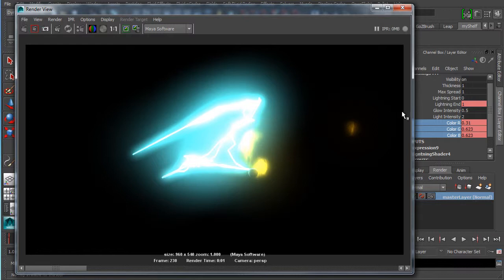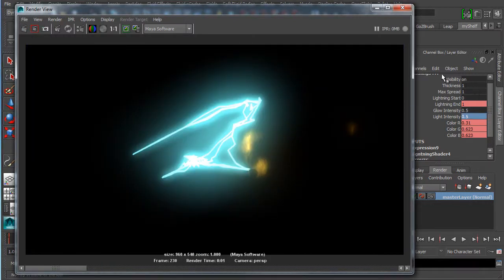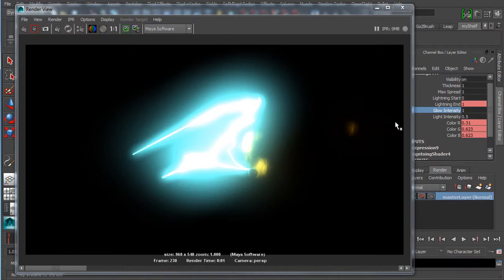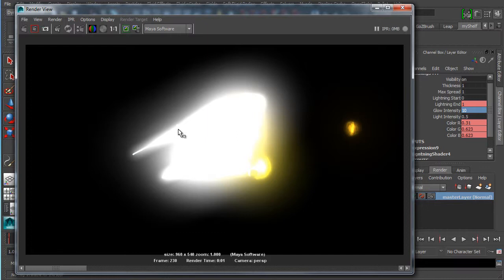So the light intensity you can have even go down. If I put it down right now to like 0.5 and I do a test render, there it is right there. If I do the same thing with the glow intensity, you're seeing how things are changing pretty drastically. Yeah, and we just blow it out. And when we blow it out, it gets to the point where it is just like white light to us. So a lot of settings to change, a lot of things to play with, and I recommend that you